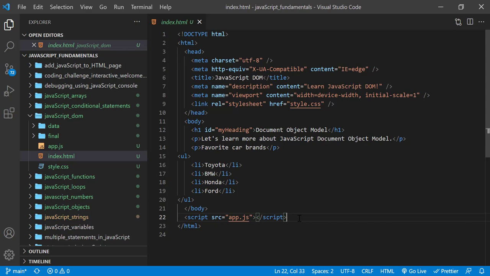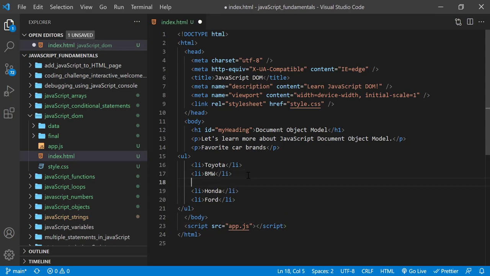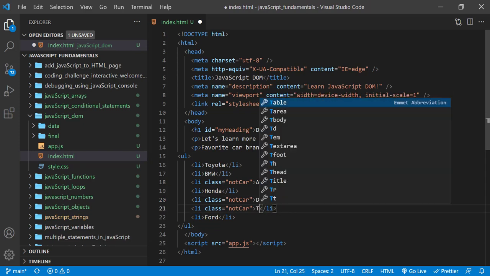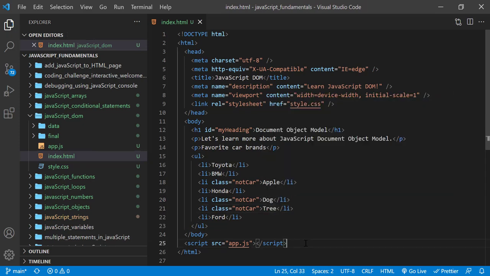So first, right below BMW, I'll add a list item with the text of Apple and with the class of not car. I'll go ahead and copy this list item and paste two more. Let's say right above Ford. And I'll call the top one as dog and the bottom one as tree. I'll save the change. Then in the app.js,